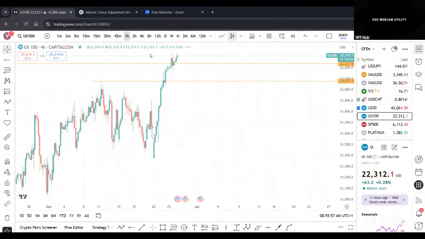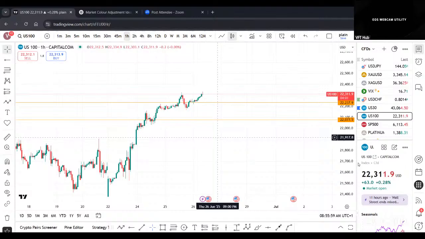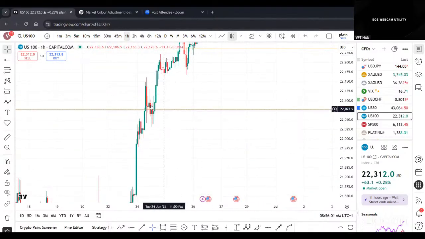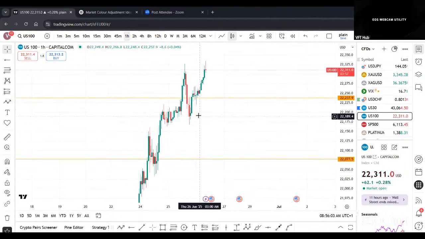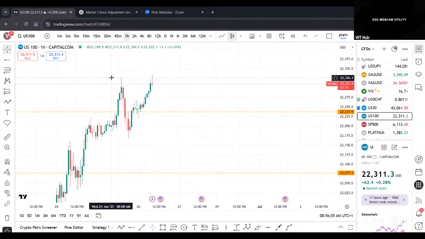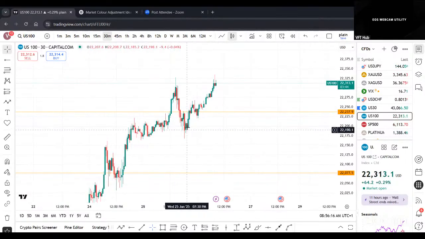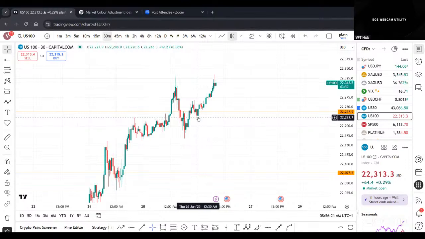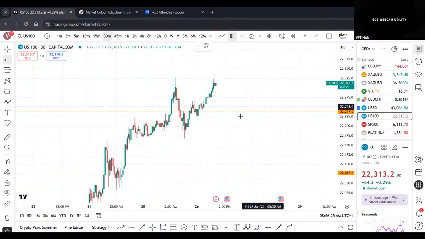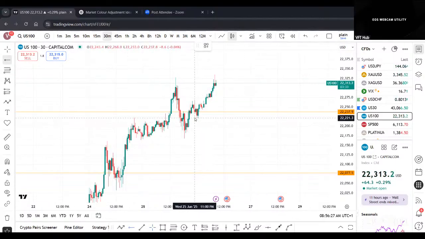On the 1-hour time frame, what are we waiting for? For those who are not patient enough to take trades from this zone, we have something here that is looking quite interesting, which is a sweep of liquidity. Let me put it on, say, 30 minutes so it looks very obvious. A sweep of this zone, then a break to the upside, and then price coming back to this zone to continue the movement. Will price eventually come? That's another question.